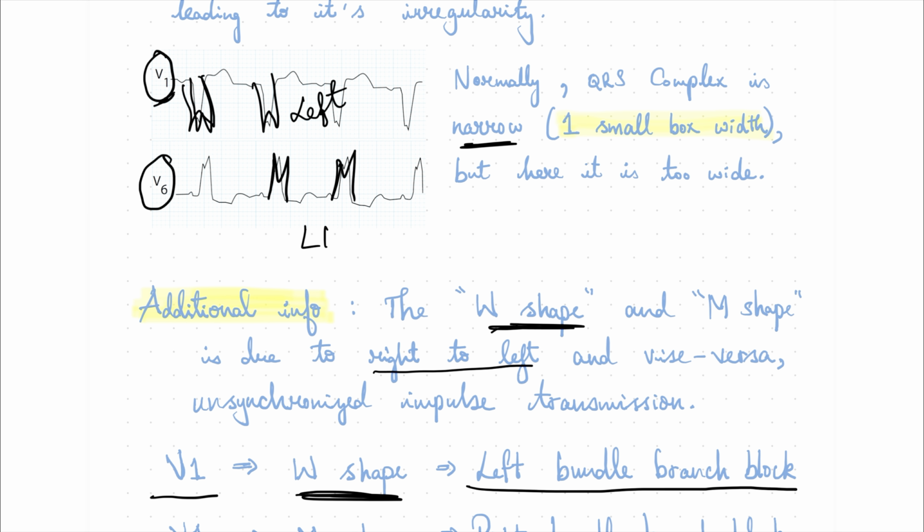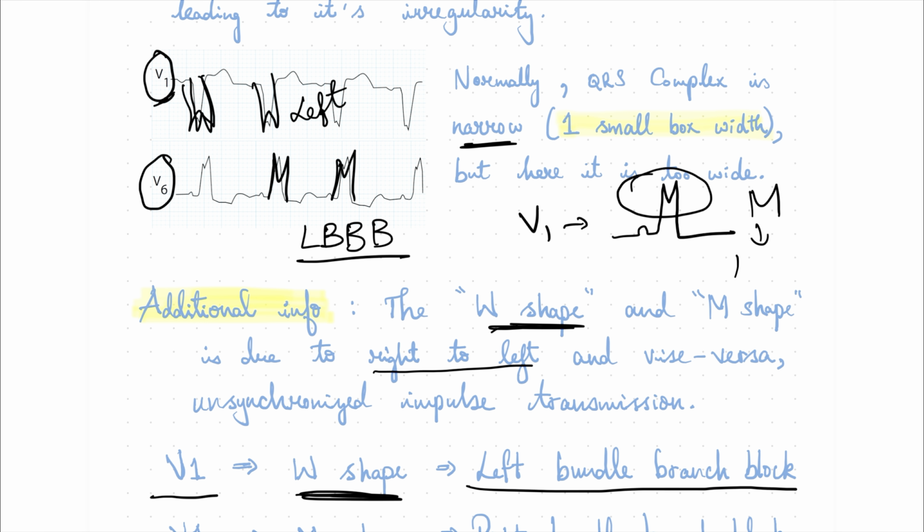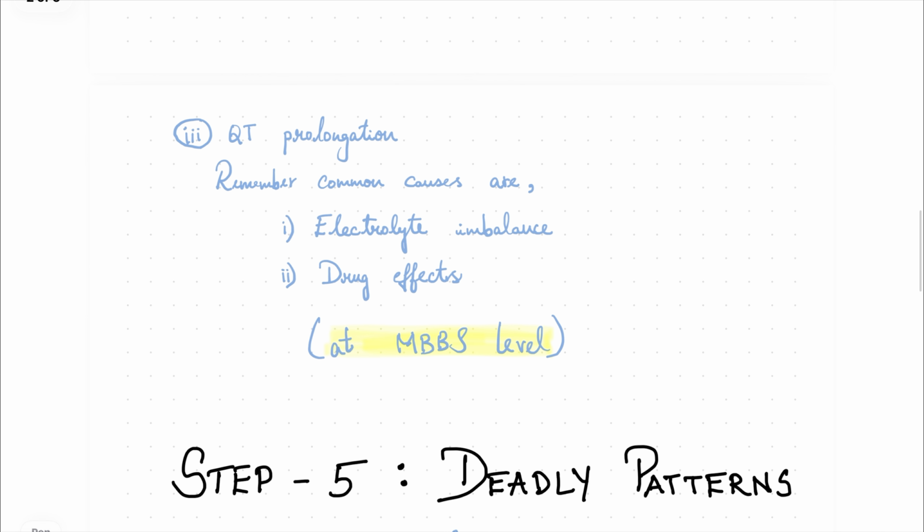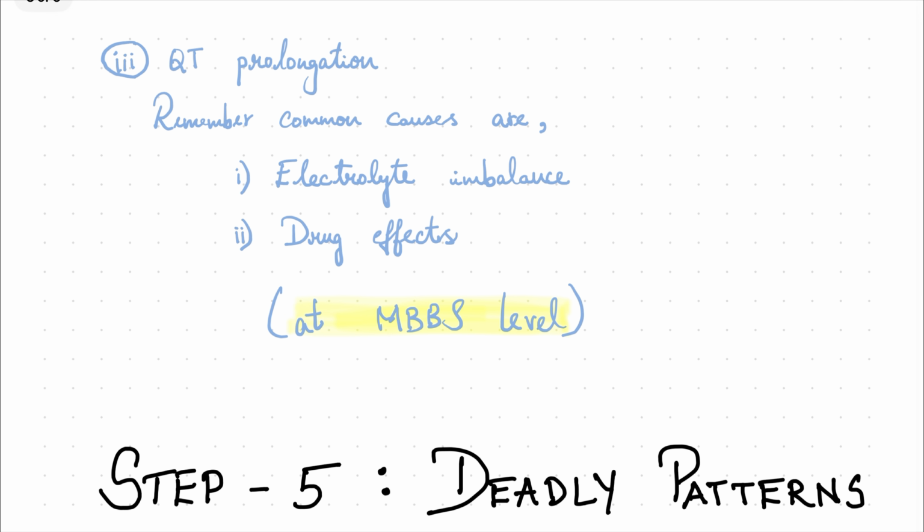So basically you say it as left bundle branch block, LBBB. But if I get the V1 to be something like this, then it is a M. So when it is M, it is RBBB, which is right bundle branch block. Moving on, QT prolongation. So at MBBS level, QT prolongation, just remember 2 important causes, which is electrolyte imbalance and